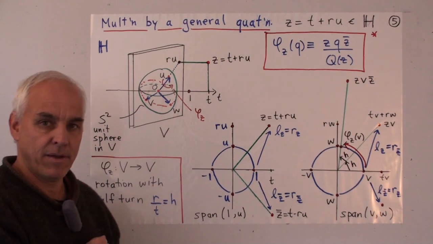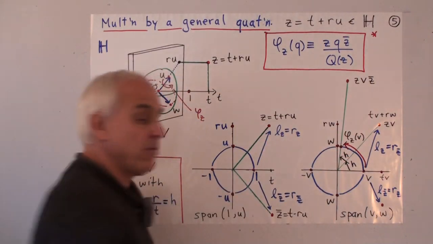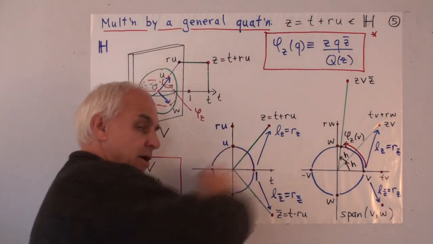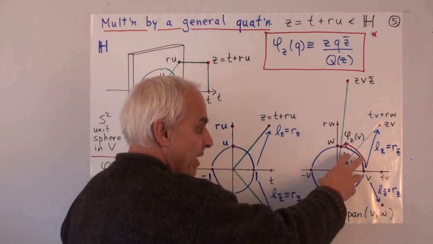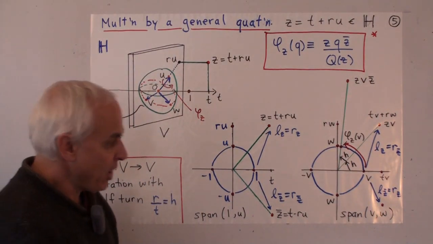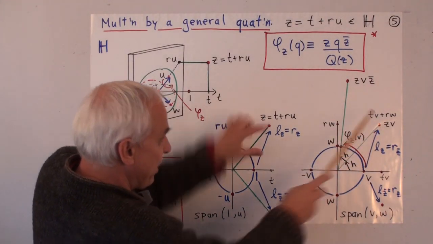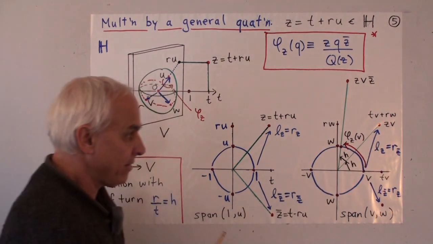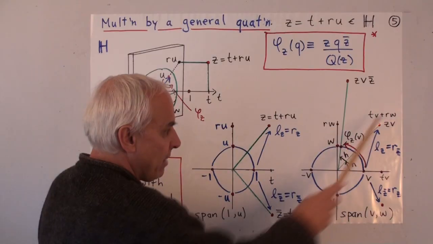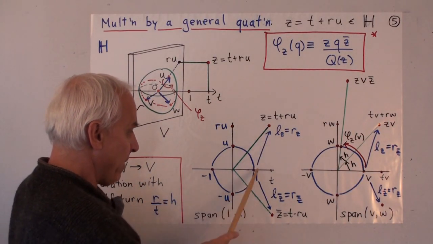So the action of 1 and the action of u in this plane are exactly the same as they are over here. When we multiply on the left by t plus ru, we're going to get exactly the same kind of story that we're getting over here. Namely, it's going to be a combination of rotation and dilation, so that this v is going to get sent to the corresponding position up here. That will be z times v, which will be the combination tv plus rw, the same combination of v and w that we had over here, the combination of 1 and u.